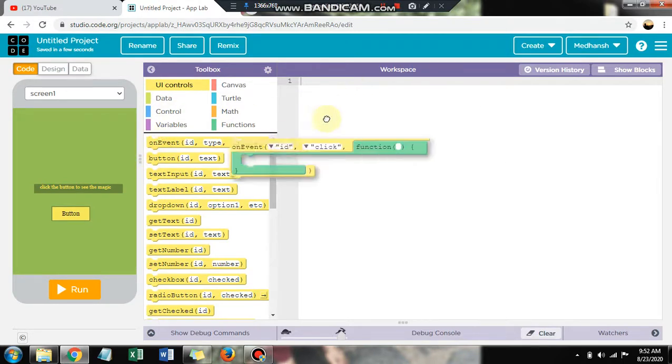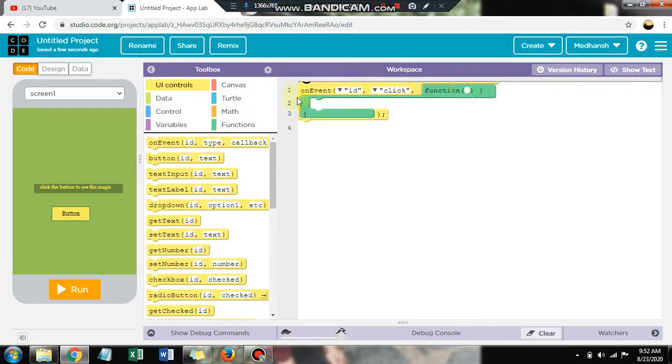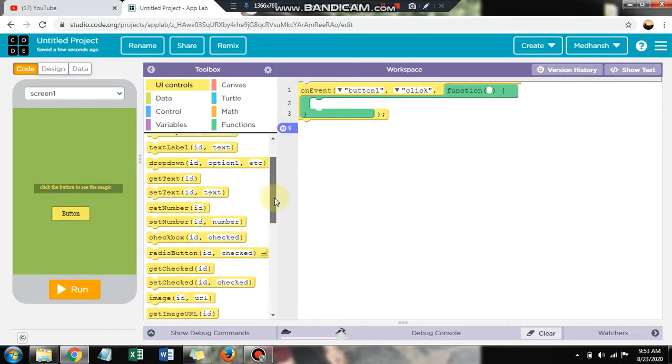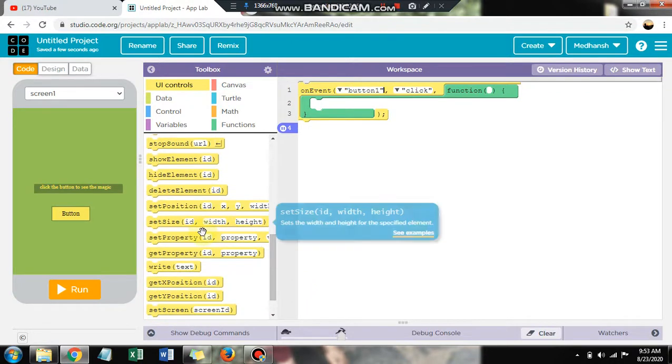Helper code.org, just drag this here. So just make this on event when button one click function. Okay. Then on click, just get this,